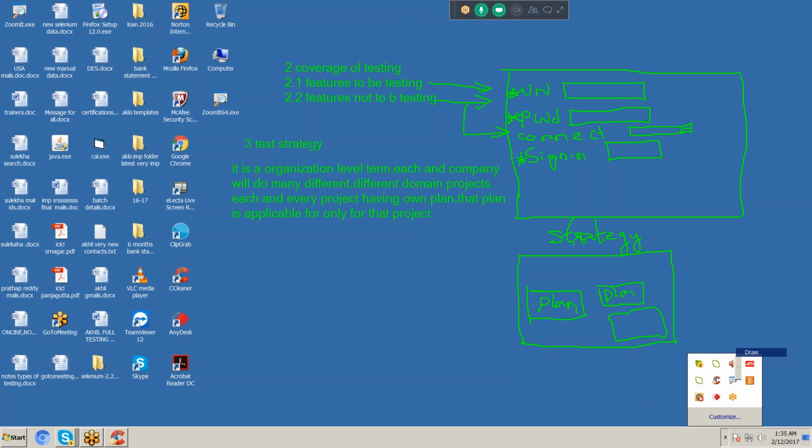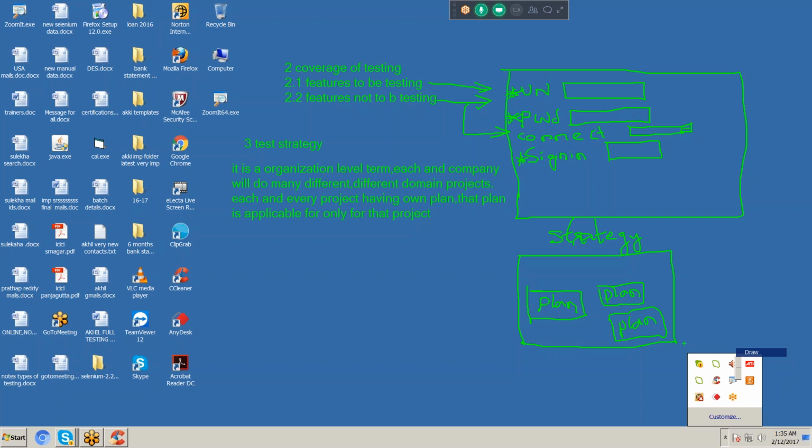A plan is a strategic document. Already I told you, this is the strategy. It is an organization level term. It is a company plan.